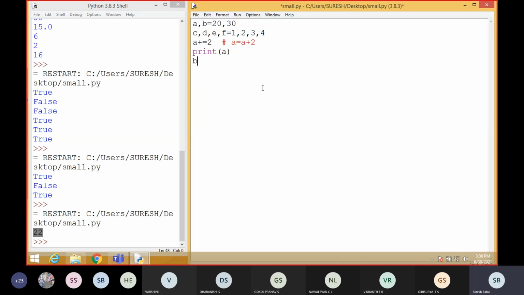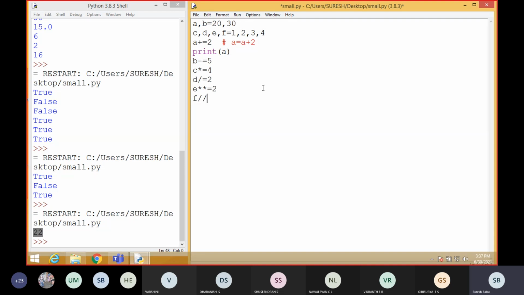B minus equal to 5. Then C star equal to 4. D division equal to 2. E star star equal to 2.